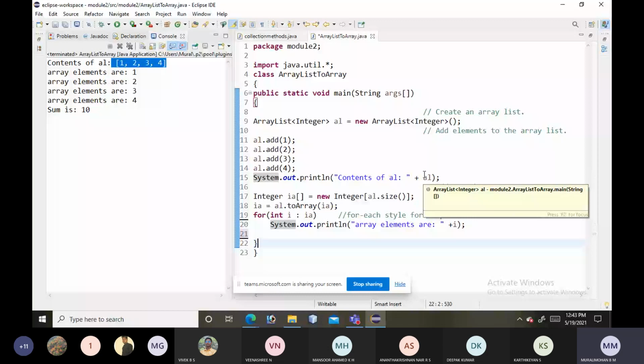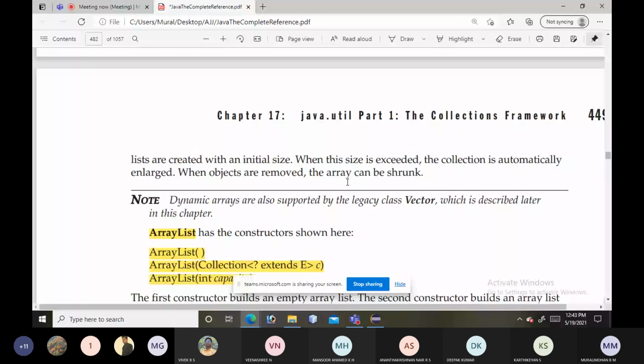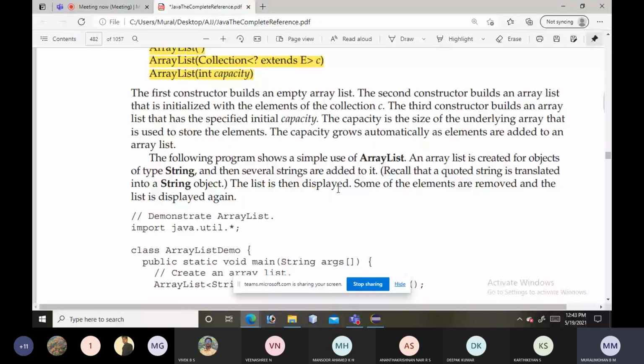Next, we have seen how to create an ArrayList and what are the various constructors we have in an ArrayList.